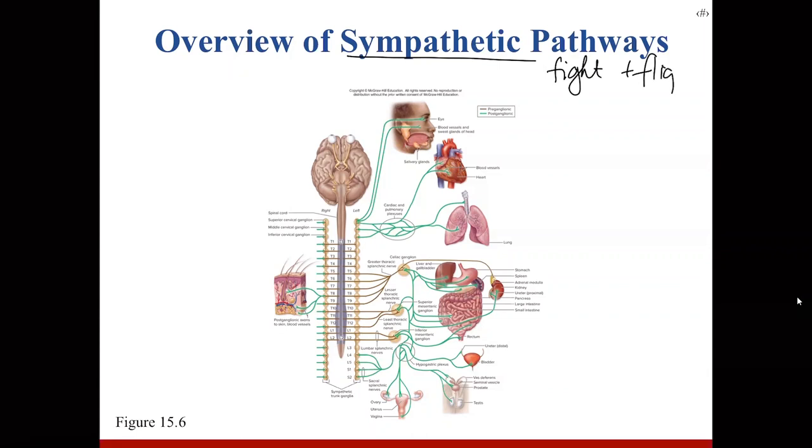So the idea behind it is that it's going to turn everything on or everything off, the opposite stuff off, so that you can get away and you can survive. So the best way to get information out to all the parts of your body quickly so that you can be saved, so you can save yourself from whatever, is to have multiple systems and ways to send the information